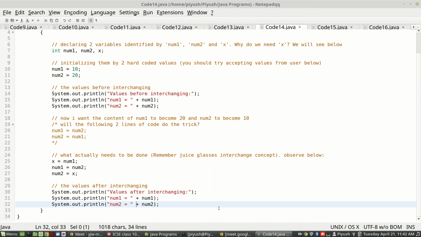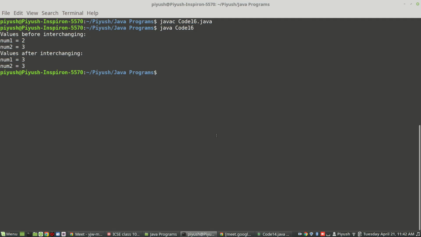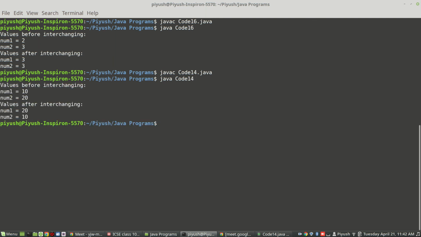Okay, I'll simply run the program and will show you. That's 14. So you can see, before interchanging, num1 was containing 10, num2 was containing 20.